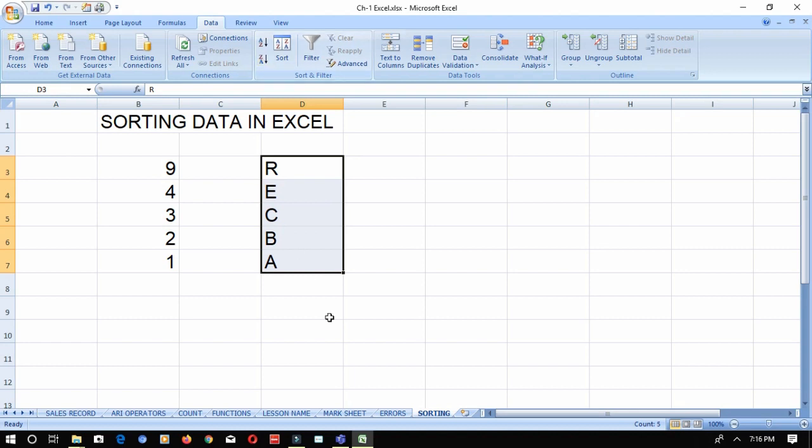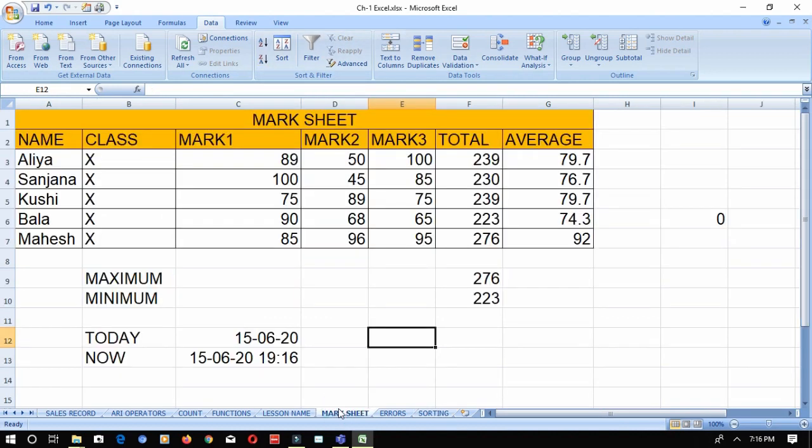For example, now we have a group of data. Take this mark sheet. We have 5 students' names and we are going to arrange these students in alphabetical order. If you arrange only this particular column, the names, the first column containing only names, will the data be correct? Alia will always be first, but B will go on top in the second one, and the marks will differ. Is it the correct way to arrange?